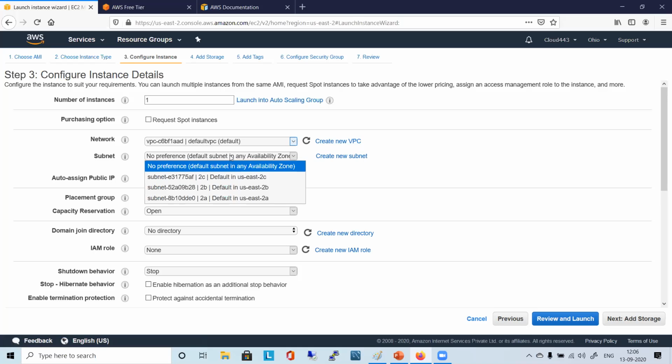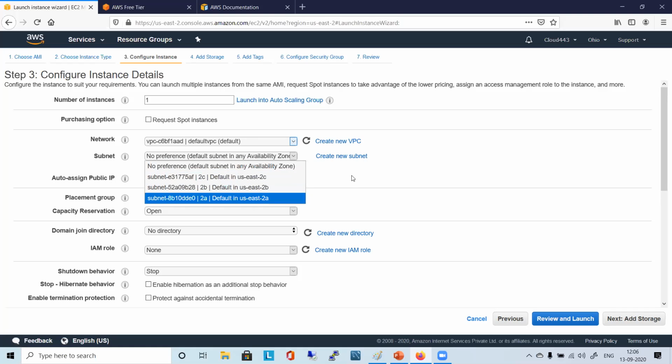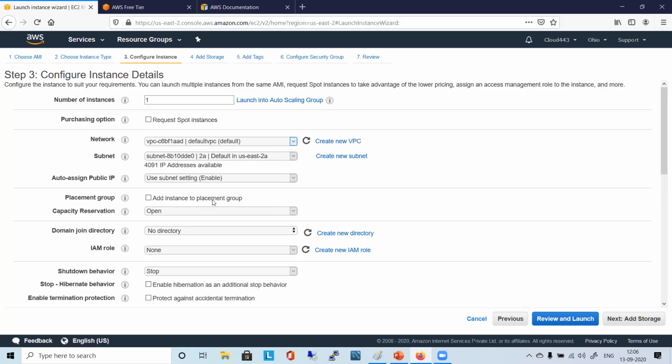When you created your account, it has 3 availability zones. We're discussing at least 2 availability zones, or more than that, will be available for each region, right? So you should have at least 2 or 3 or 4 or 5 or 6, depending on which region you have chosen. So I have 2A, 2B, and 2C. If I choose 2A, they will create this instance in that 2A availability zone. That means my EC2 is a feature of an availability zone. It is not a feature of the entire region. It will be created in a particular availability zone, right?